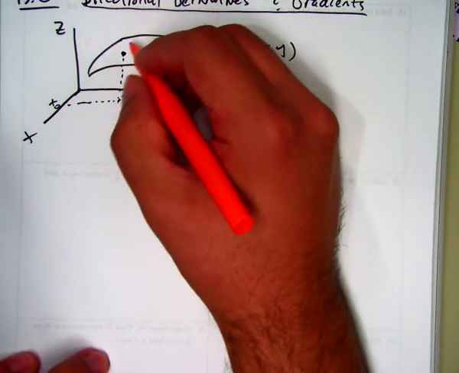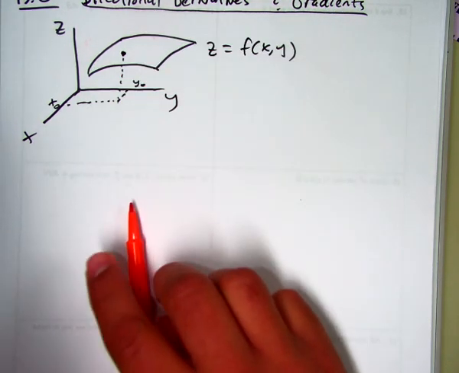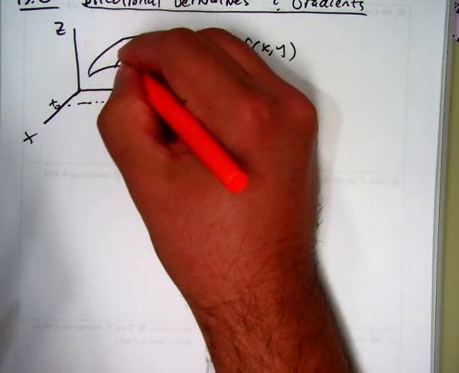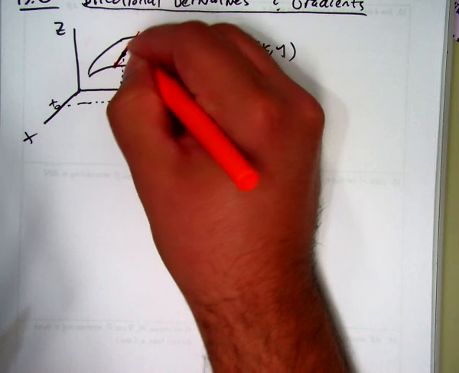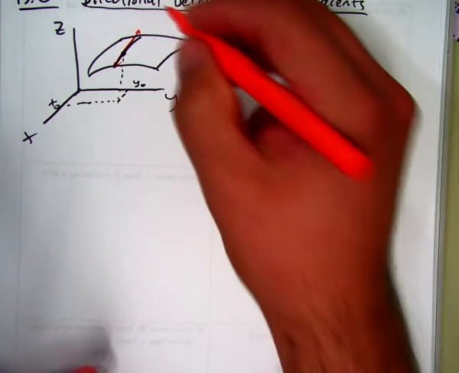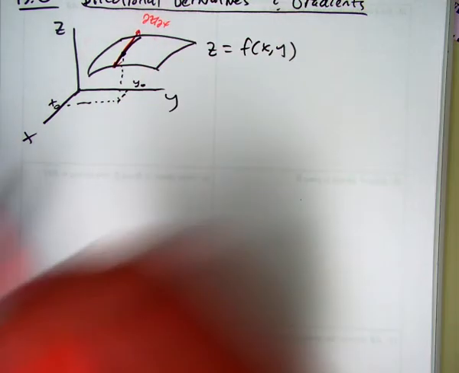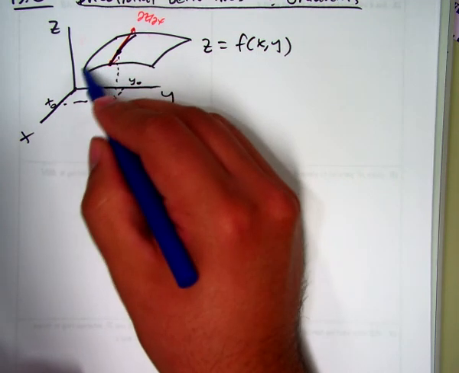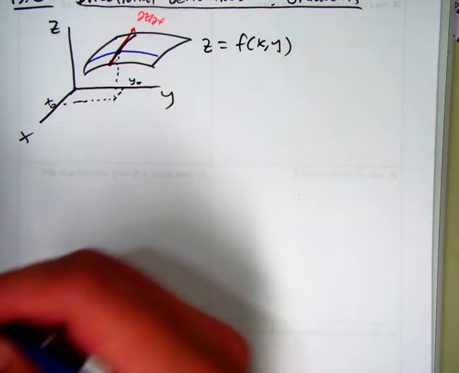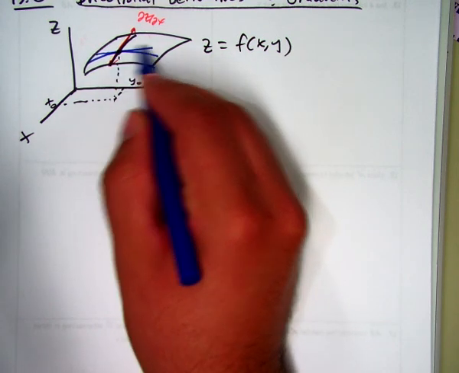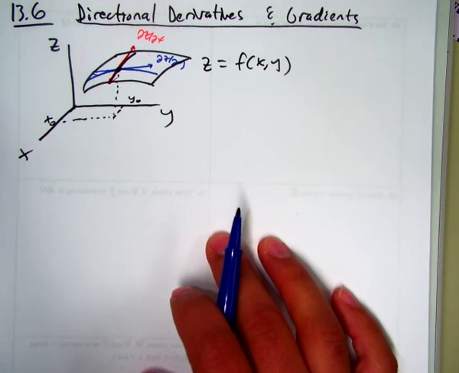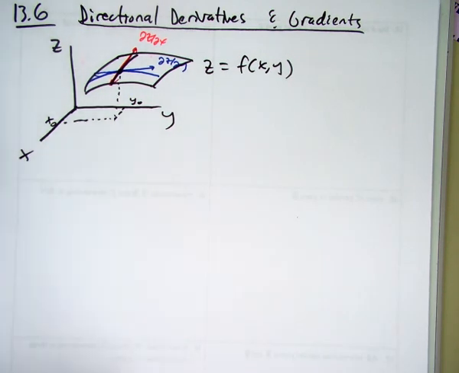We could find, parallel to the x-axis, the slope of this tangent line, which would be partial z partial x. And we could also go parallel to the y-axis, find this tangent line here, and that would be partial z partial y. So far, those are the only two things that we can do with partial derivatives. Okay, so now the question this unit, or this section,